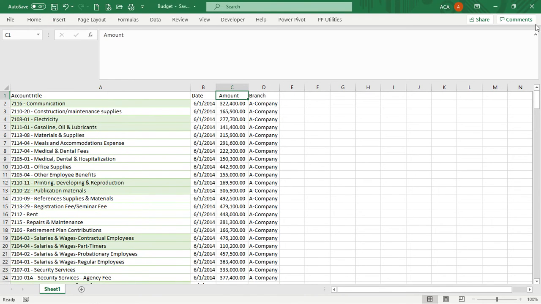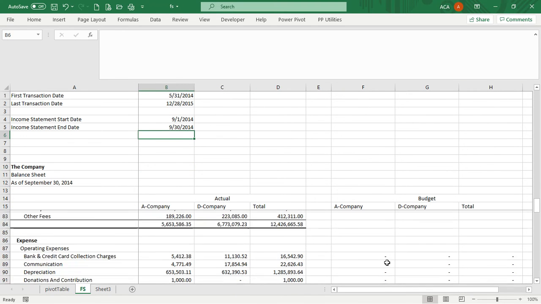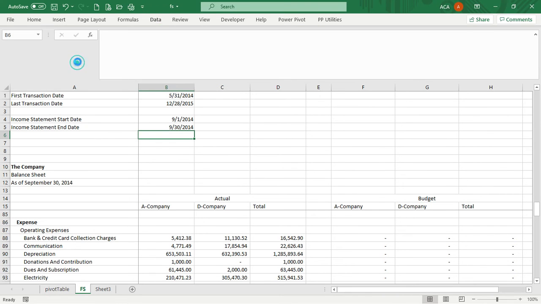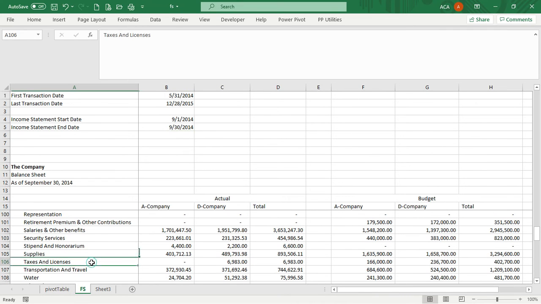Let's save this one. Let's click, and then you see we don't have the amounts yet. But if we click on Data and click Refresh All, of course, after we have refreshed the data, the amounts will appear. So it's as easy as that. Now this is on the level of these accounts, but we can always do comparative reports based on another granularity. Say for example,